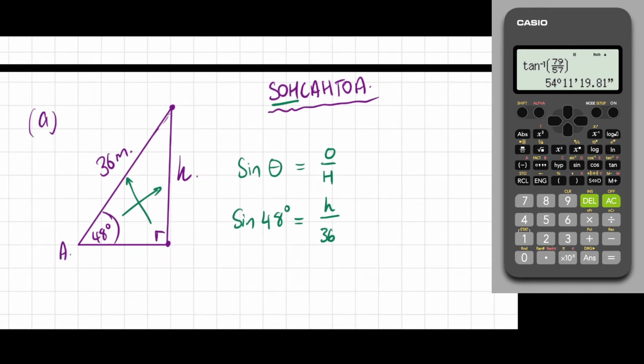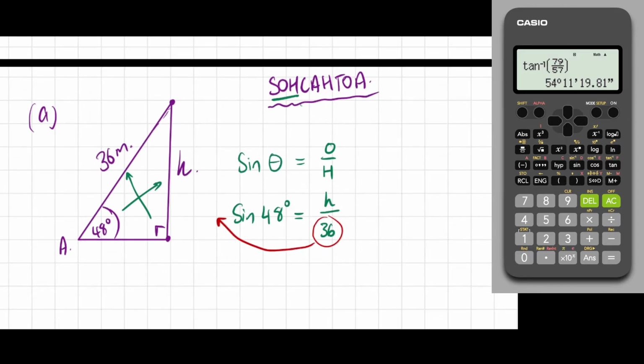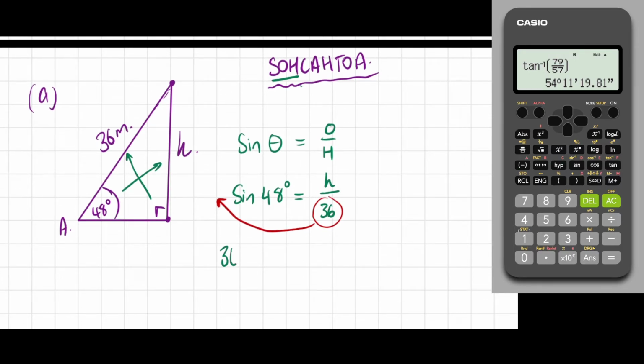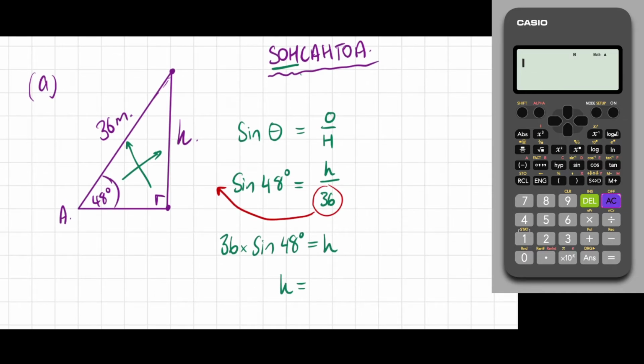Now recall from the previous lessons that when we have an unknown on the top here, we want to get rid of this 36. The way we're going to do that is we're going to move the 36 up to the other side, or multiply both sides by 36. And by doing that, that leaves us with 36 times sine 48, or just 36 sine 48, which is equal to h. So my h value, substituted into my calculator, we get 36 sine 48, close it off, hit equals,